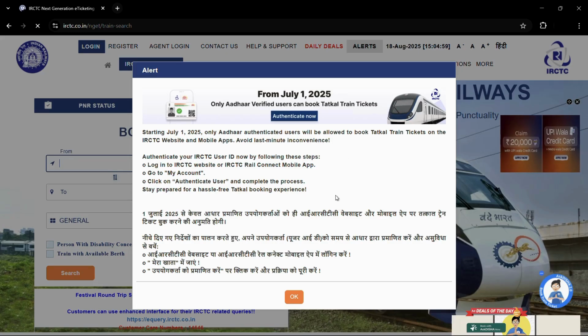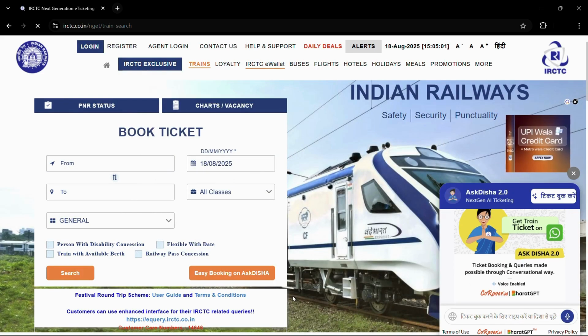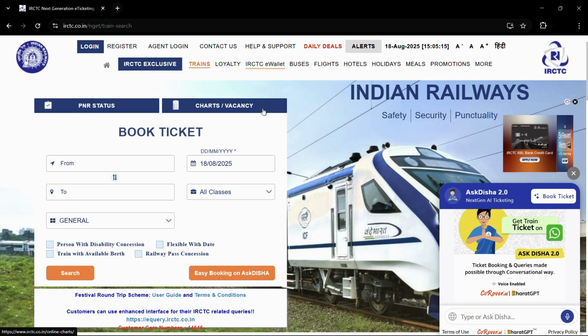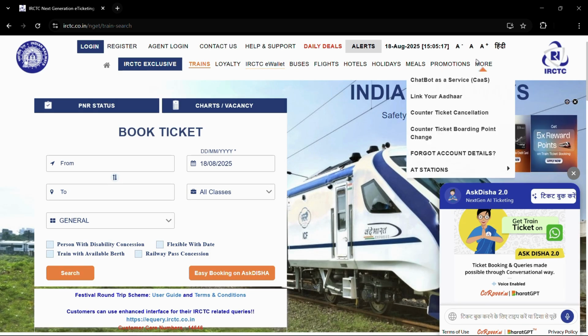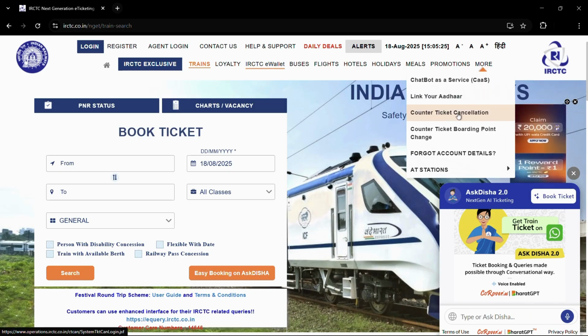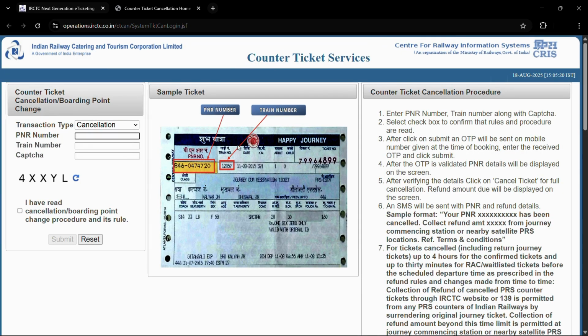And then from here you will get this message. So simply click onto this OK button to dismiss. Now you don't need to log in in order to cancel your counter ticket. All you will need to do is simply click onto this more button, and once you click onto this more button, you will see this third option that says counter ticket cancellation. So simply click onto this counter ticket cancellation option,